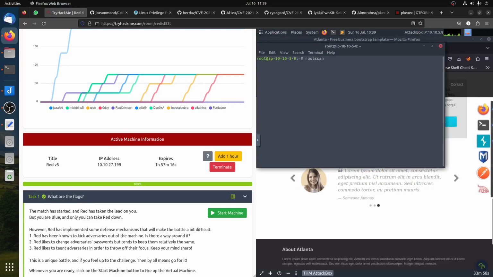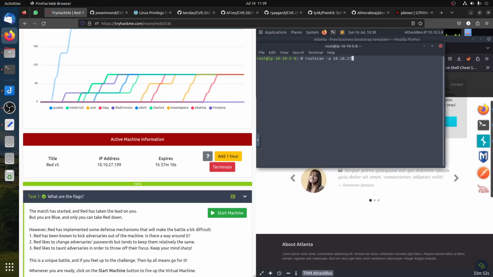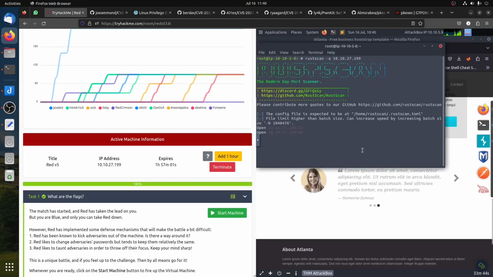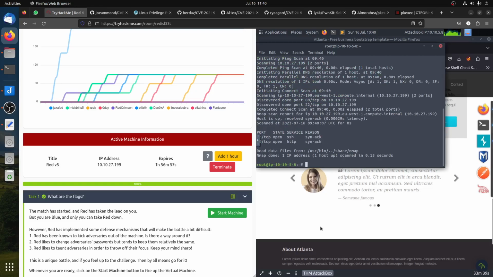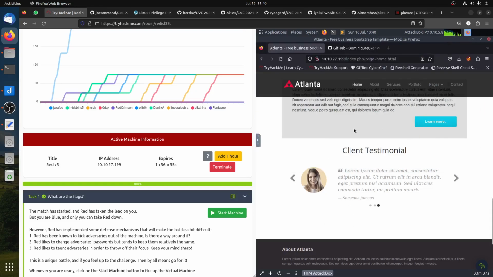nmap scan with -A on 10.10.27.199. Of course we get only 10.10.27.199. You see we have port 22, so SSH, and port 80. So when it came to port 80,